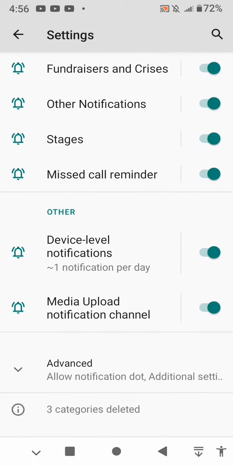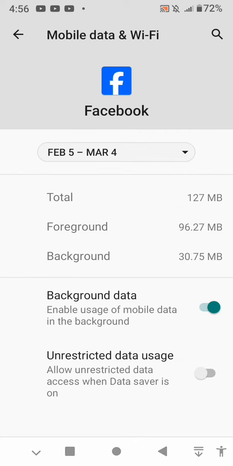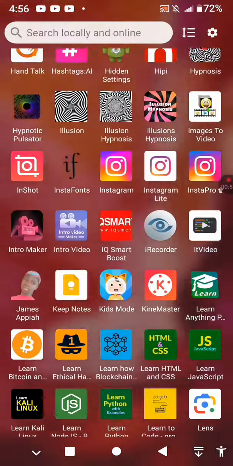is toggled on. Now go back and tap on mobile data and Wi-Fi. So when you tap on the mobile data and Wi-Fi, make sure the background data is toggled on. Go back. After doing all this, what you have to do is to go to your phone menu and try